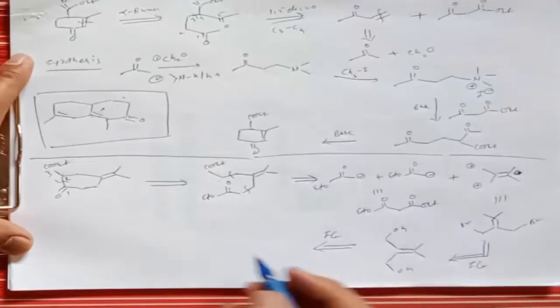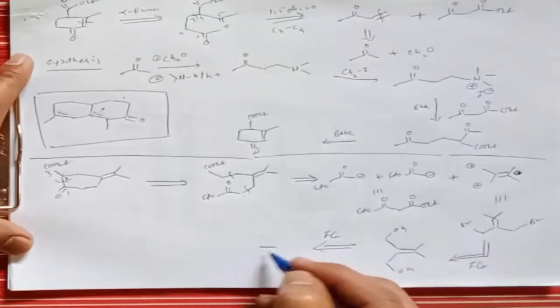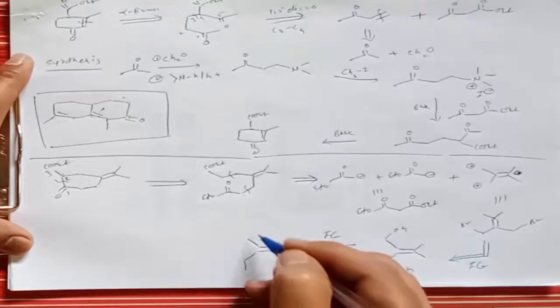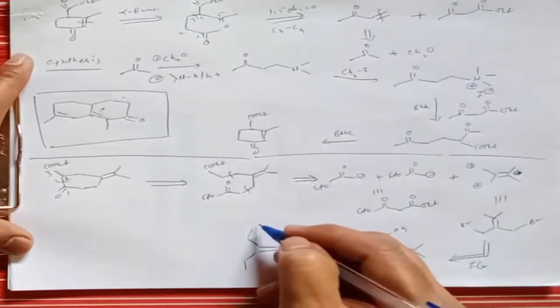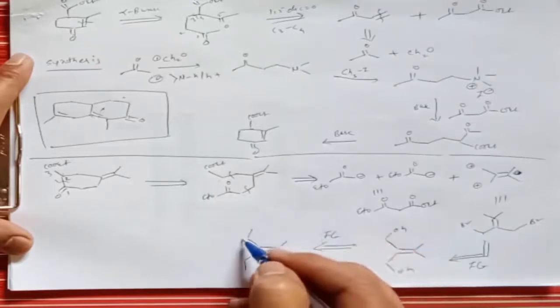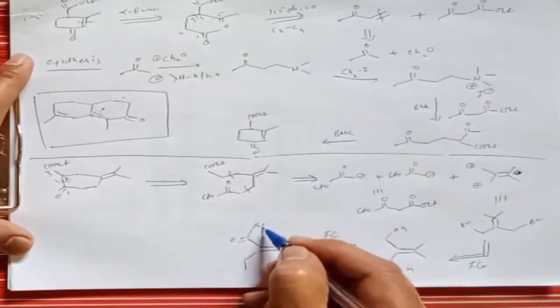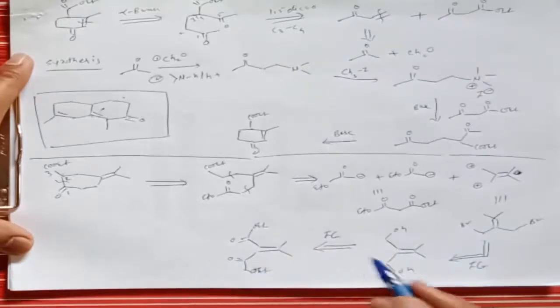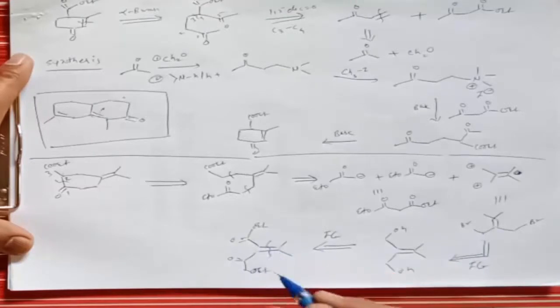Then for this alcohol, again you can go for functional group interconversion. Instead of this alcohol, you can take this ester functional group there, right? So this ester functional group, that means if we reduce this molecule, it will give formation of C double bond OEt, and here is a C double bond OEt, right? Now again you can break this molecule at this position, right?